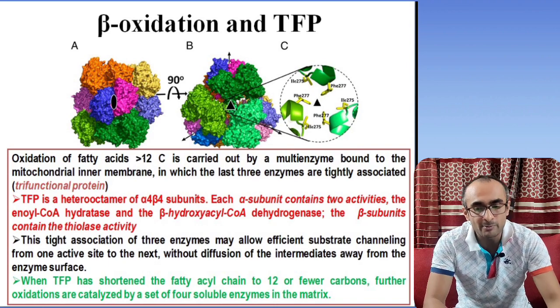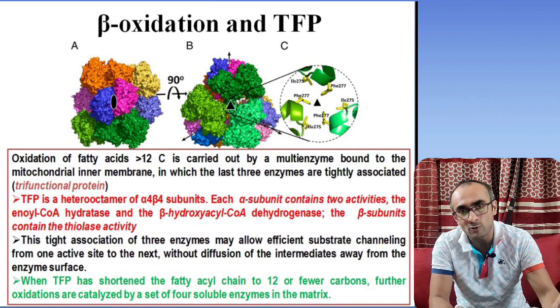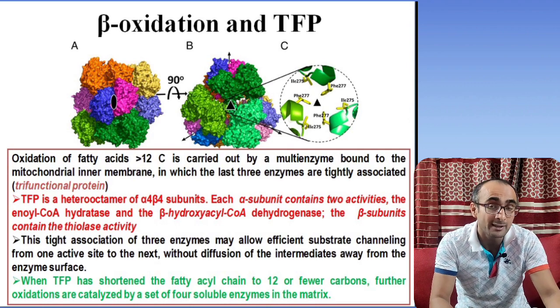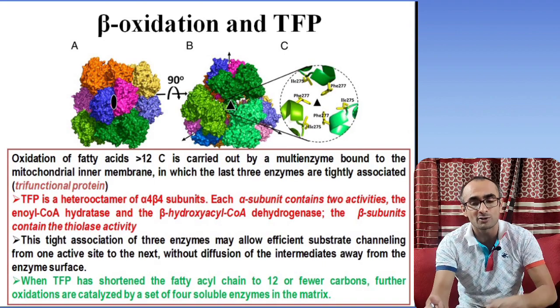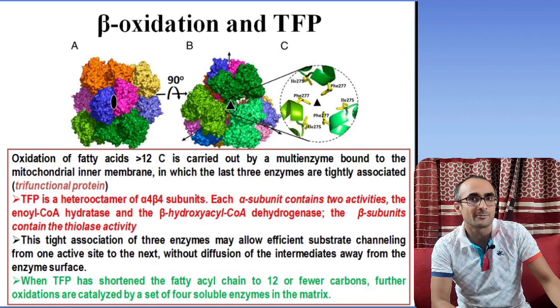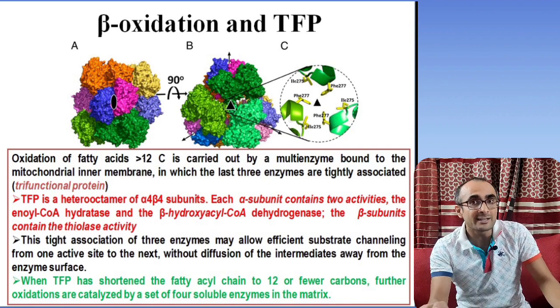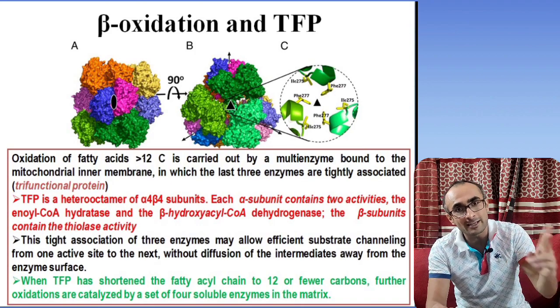And there is one more thing about this. This is only functional. These 3 proteins which form TFP, they only act on long chain fatty acid. अगर long chain fatty acid है, for example you have 14 or more carbon atoms fatty acid, उस केस में TFP उन पे काम करता है। TFP उनको शॉर्ट करेगा और शॉर्ट करने के बाद, शॉर्ट कैसे